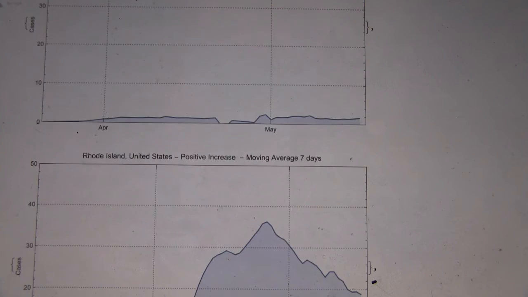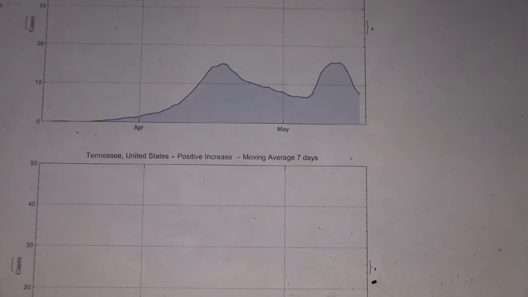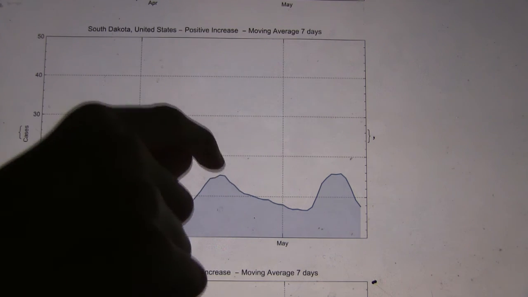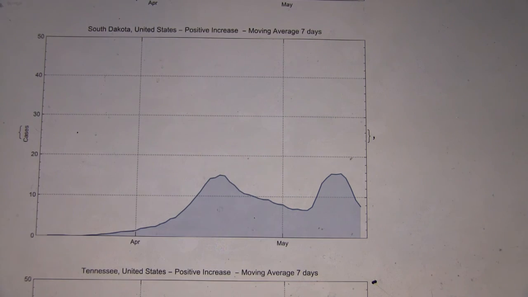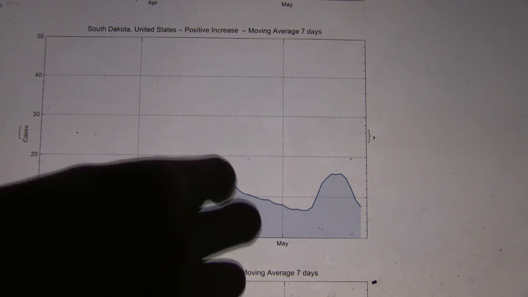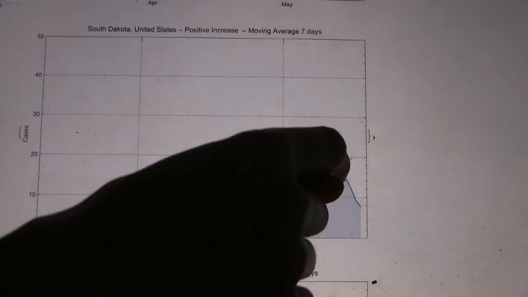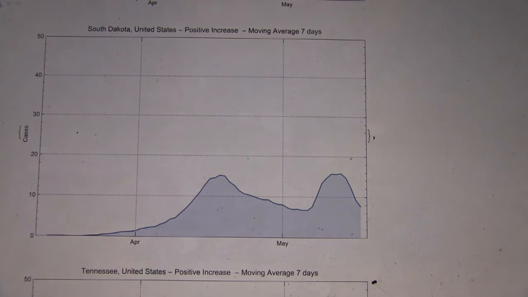This is South Dakota. This is interesting because it's one of the only ones experiencing a second wave of the virus. There's a first curve here, and they reached the end of it, but there was still a very large number of new cases per day, close to the top of that curve. Then the cases per day started climbing again, and it's actually gotten higher than the first curve, and only now is it starting to go down.